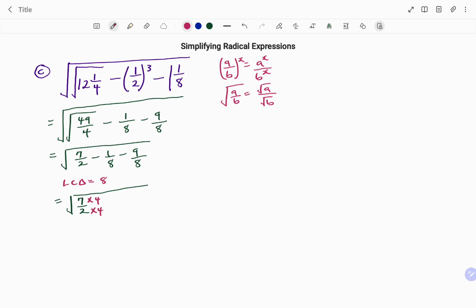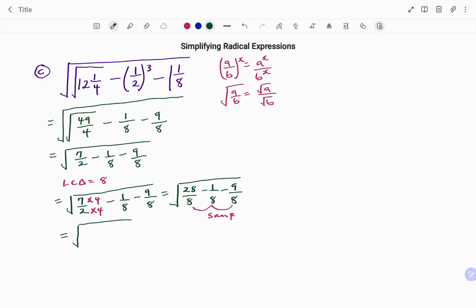And whatever I do at the bottom, I do at the top. I leave my 1 over 8 because the denominator is also 8. Likewise, I'm going to leave my 9 over 8. So what I now have will be 28 over 8 minus 1 over 8 minus 9 over 8. Note that the denominators are now the same, so I can place all my fractions over the same denominator, and that will give me,